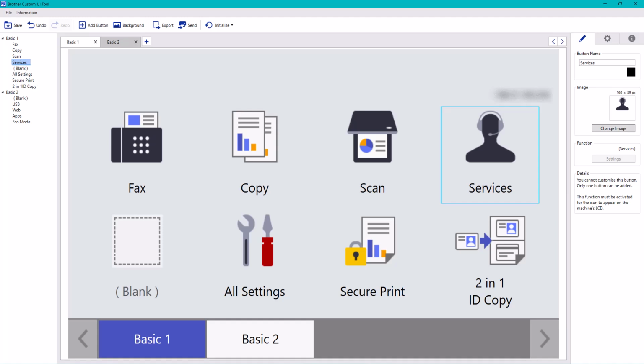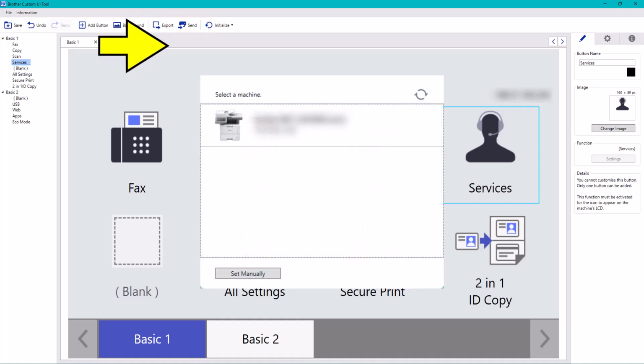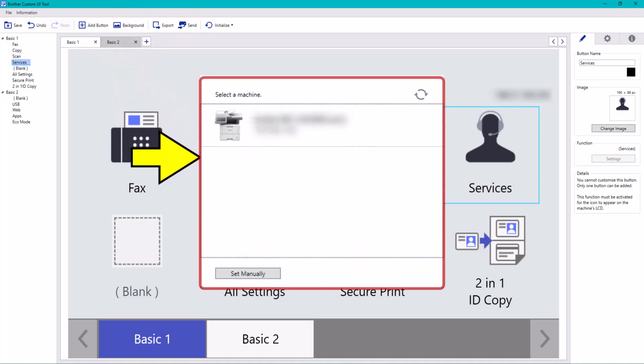Once you have made all your changes and you are ready to upload to your device, select the Send tab at the top of the screen. Now you will see a pop-up box appear on your screen.